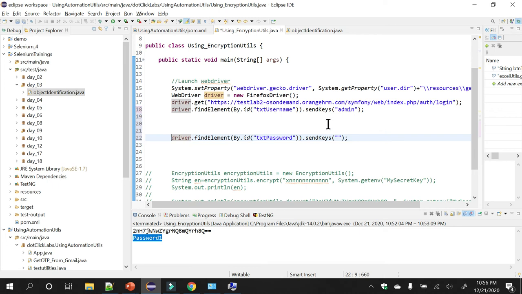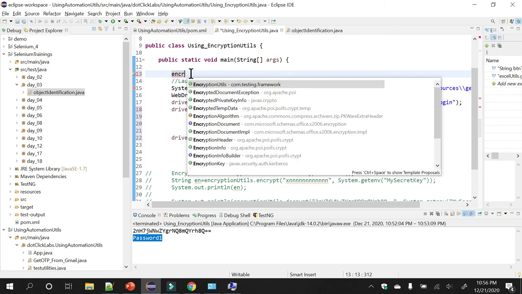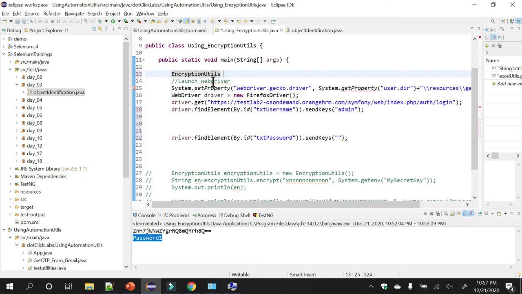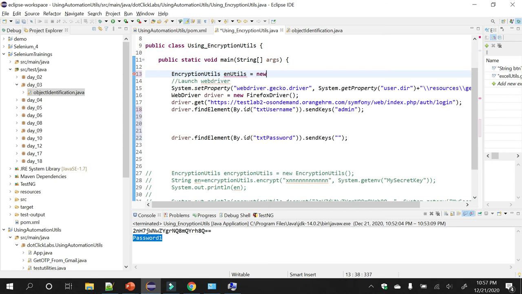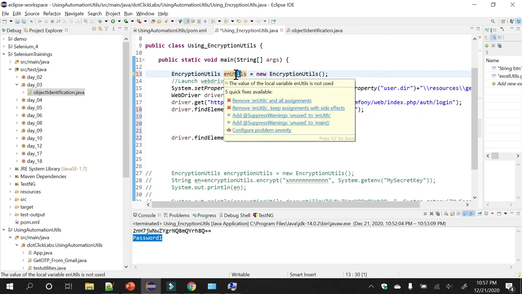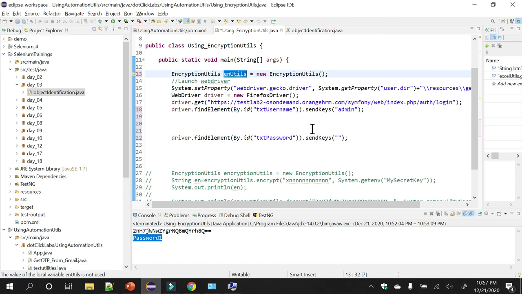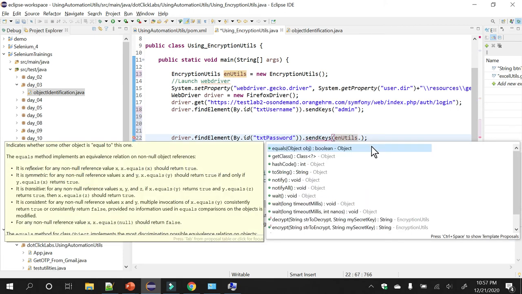Okay, so now to use that, first I need to have an encryption utilities class. So encrypt utilities, or you can say en utilities, whatever you like, equals new encryption utilities. Okay guys, now en utilities dot, okay, I'm not doing it right now. I'm not using the direct password. Instead I'm using the decrypt,